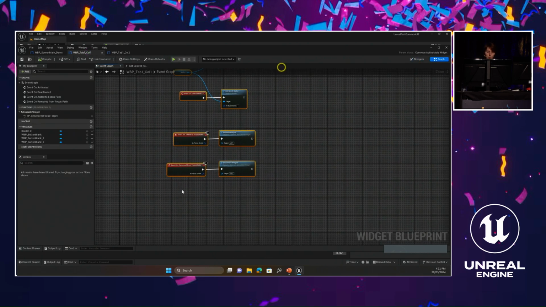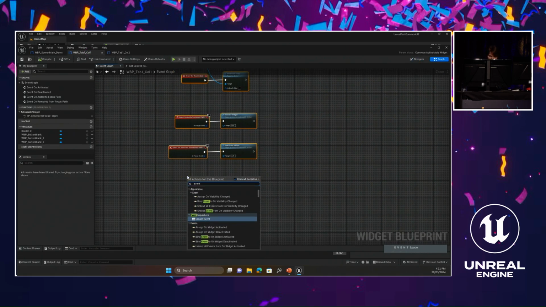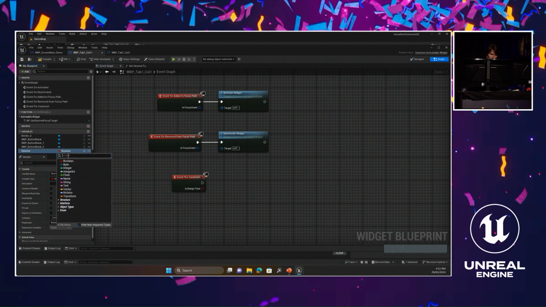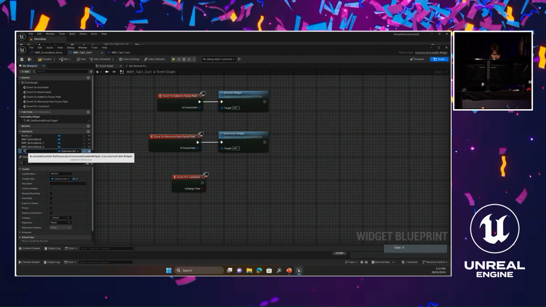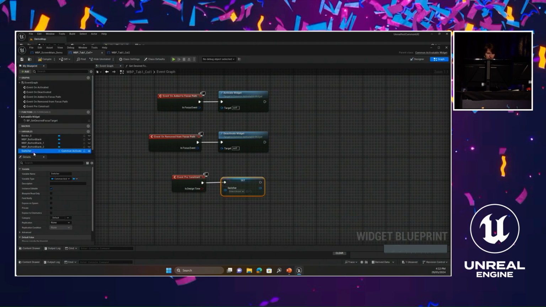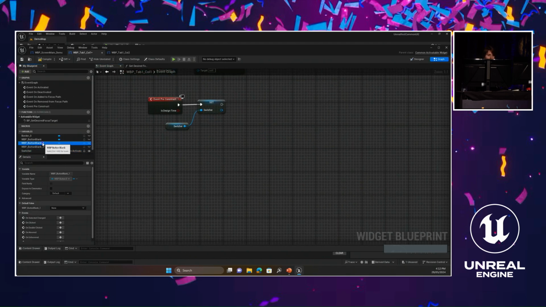We're going to go to column 1. We're going to do some event pre-construct. I'm going to grab and make myself a little fun variable of a common activatable switcher, because that is what I've set up my switcher to be. We're going to call this switcher. Shocking. We're going to set it by itself, because we're going to grab it and set it somewhere else. And then on button click, we just need to set the switcher. So on click,